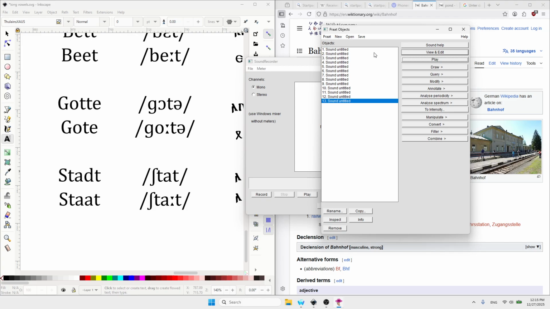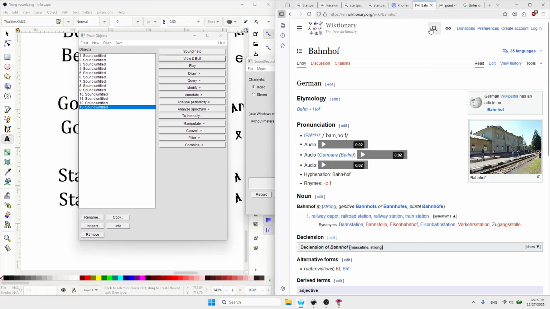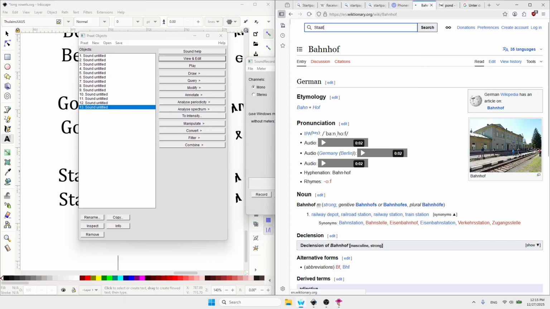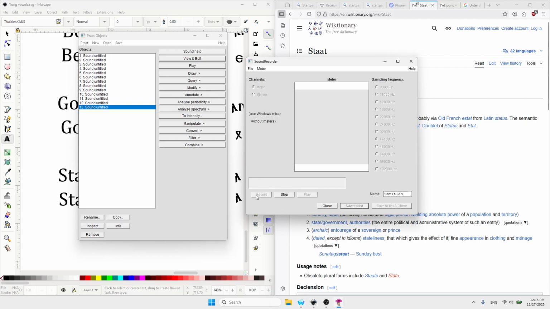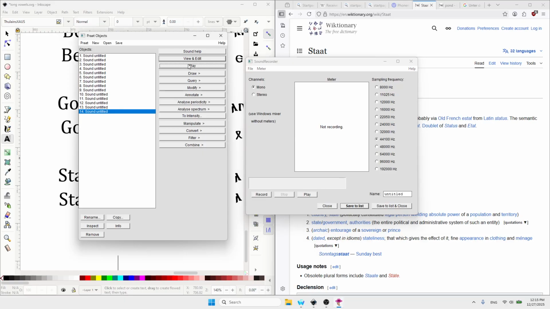I feel like I'm saying the second one too long. Staat, Stadt, Staat. Stadt, Staat. I have no idea if I'm doing that correctly, but